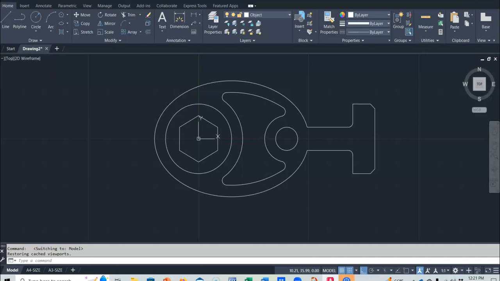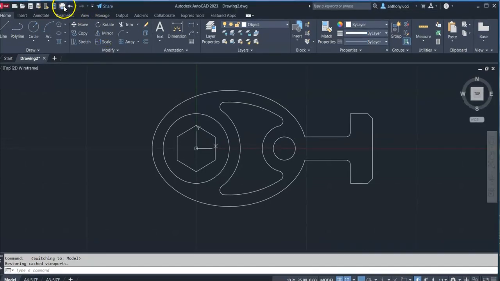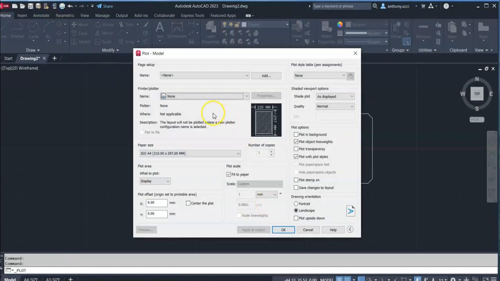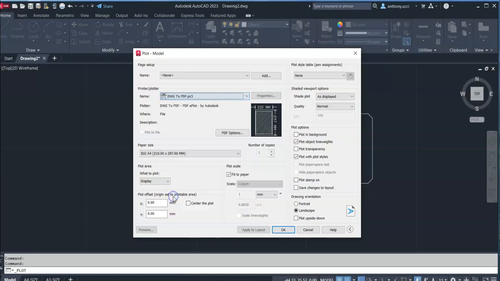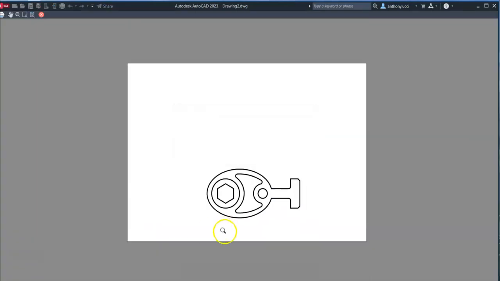So go up to print. You'll notice you'll probably not have a printer defined. So I recommend you choose the DWG to PDF option. And if you do a preview, this is what it's going to look like. So if you don't do anything, the object is going to